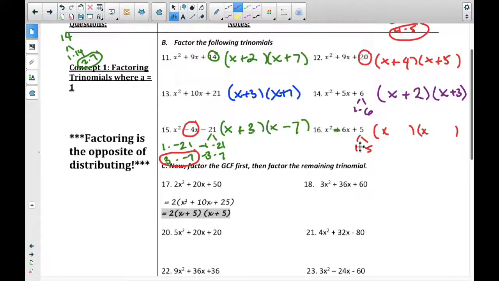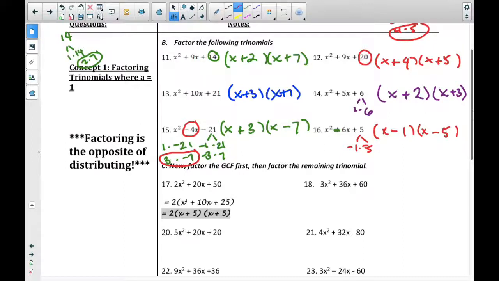1 plus 5 doesn't equal negative 6, but a negative 1 and a negative 5 does equal negative 6. So that means in my parentheses, I need to have a negative 1 and a negative 5. They're both negative because a negative times a negative is a positive, but a negative plus a negative is a negative. Okay, we're going to continue on with that